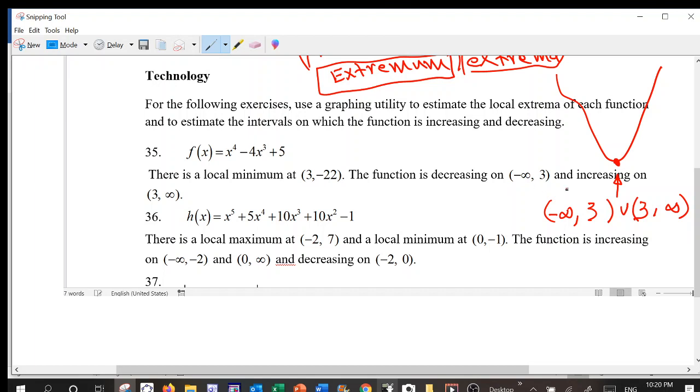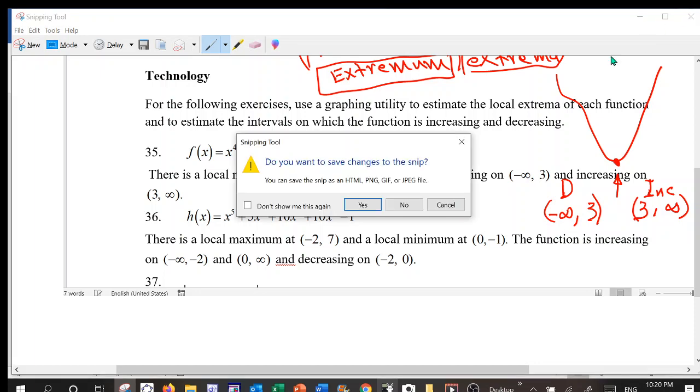So that's with the use of the calculator. Why do I put union here? So it's decreasing, right? My pen is not writing. Here we go. So it's decreasing here and it's increasing here. I don't know why I put union. So increasing here and decreasing here. All right, so that is our